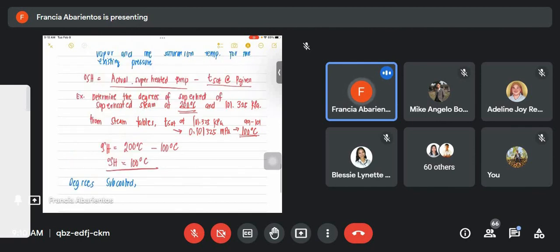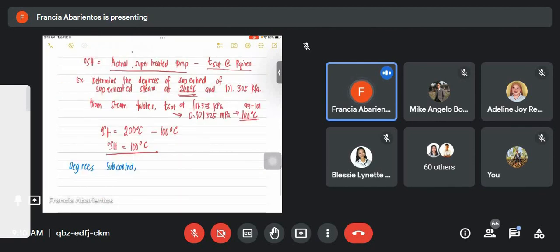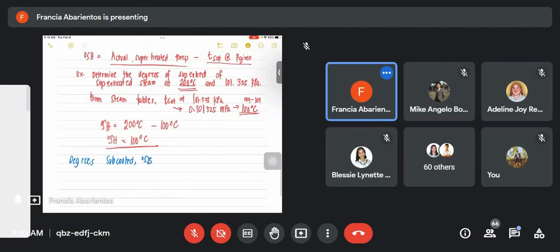Kung kanina SH, we have degree SC. This is also the difference between the saturation temperature of the given pressure